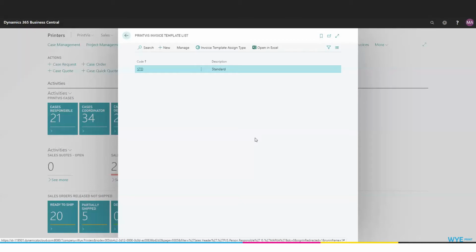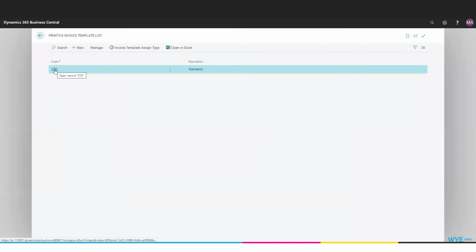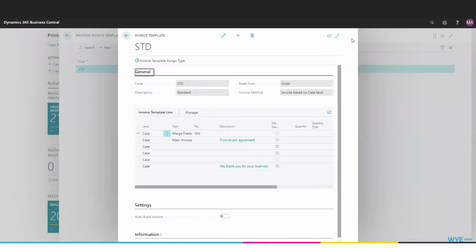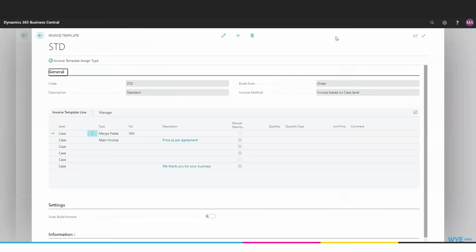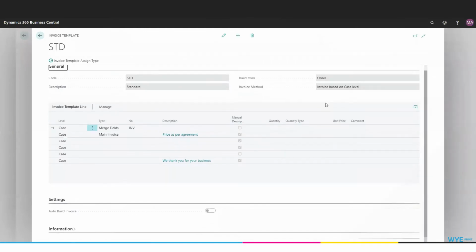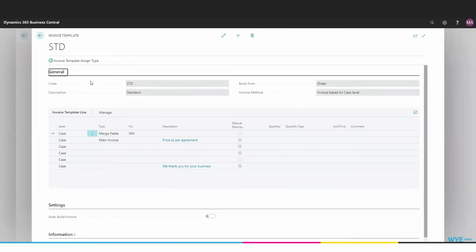of the invoice. To access an invoice template, once you have the list pulled up, you simply click on the code, and this opens our invoice template. We can see here there are several different aspects to this. The first is the code name, in this case our standard, and the description, and what it's going to build